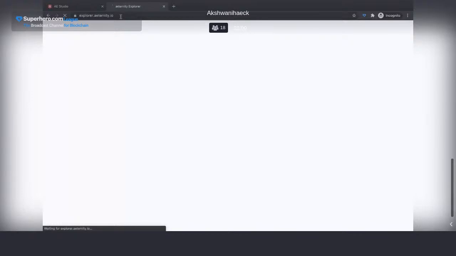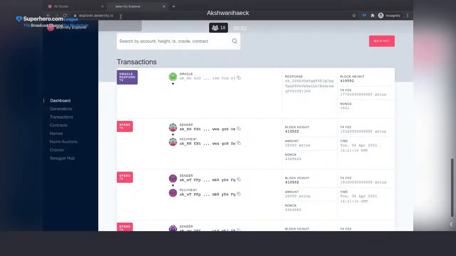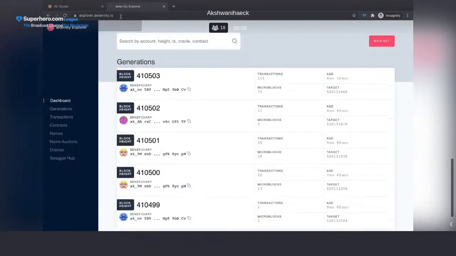Quick question from the audience. Divyansh is asking, will there be example project developments? There is already, on our GitHub, github.com/aeternity, and you can see there is some, let's say, boilerplate where you can get the basics.